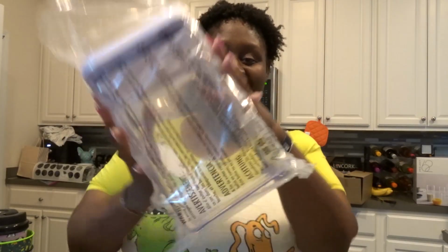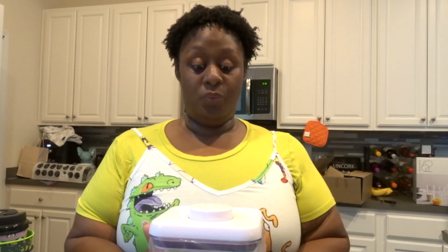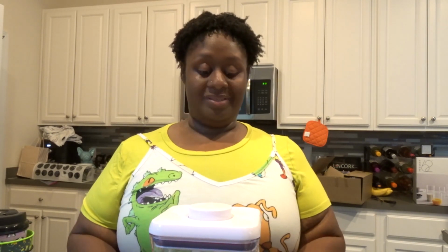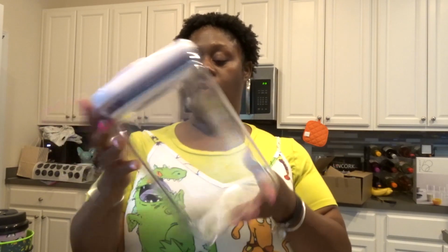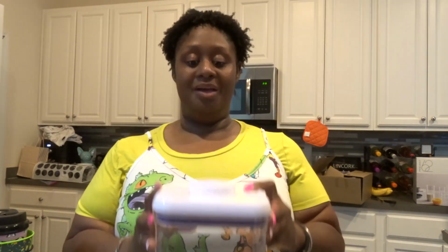So finally opened the box. The only item that I need to pour into a container right now is going to be my sugar. So I figured out of all of the ones that I had, which one was the largest. So it was this big medium one, which is a 4-quart. Doesn't seem that big, so I probably won't be able to fit all of the sugar in here, but whatever I can fit in here is what I'm gonna fit in here. But y'all,